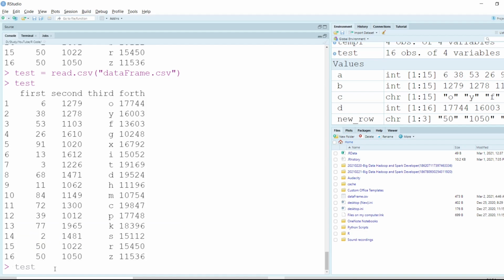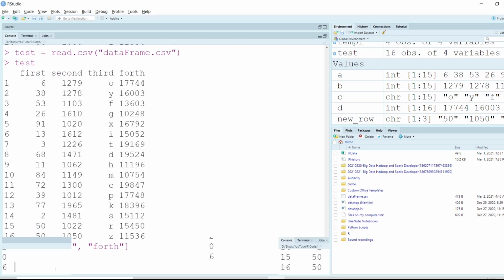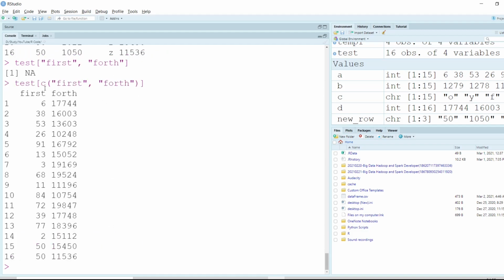If I just want to display two columns, I can use a square bracket and I can use say first and fourth. If I click on the enter button, I don't see anything here. That is because I need to pass it inside the combine operator. And if I do it like this, so now it gets displayed.